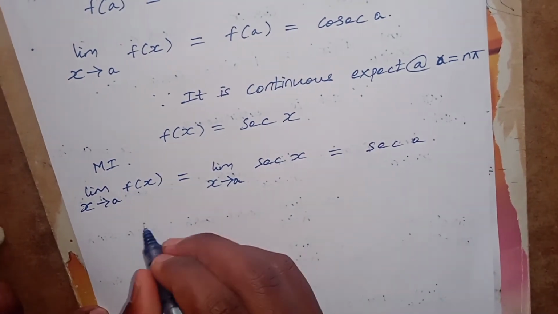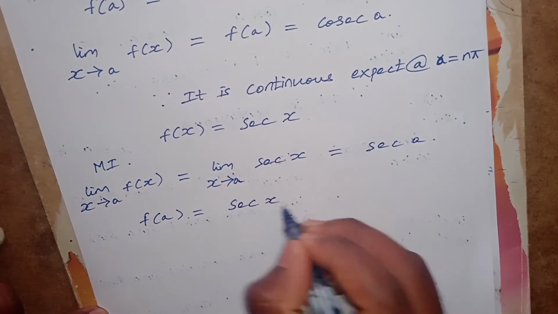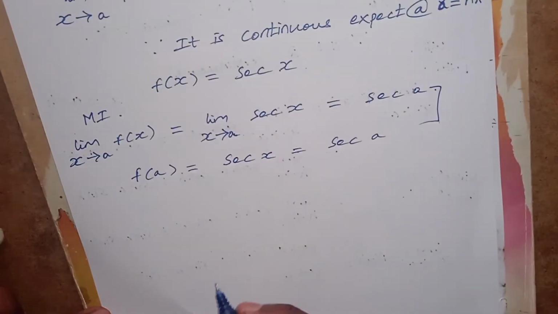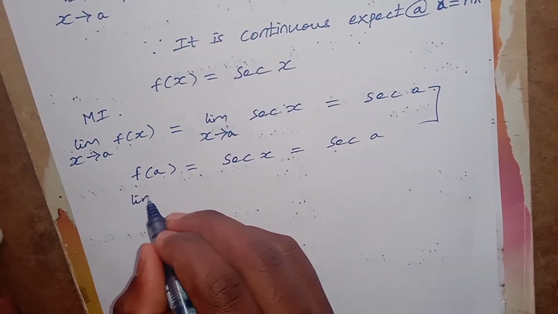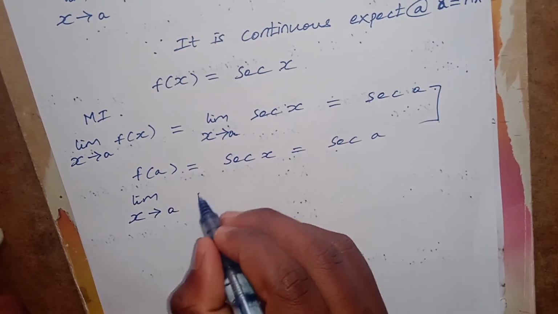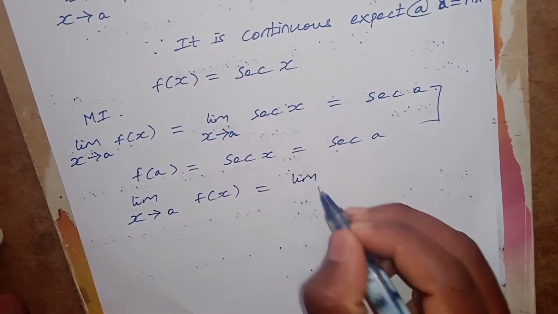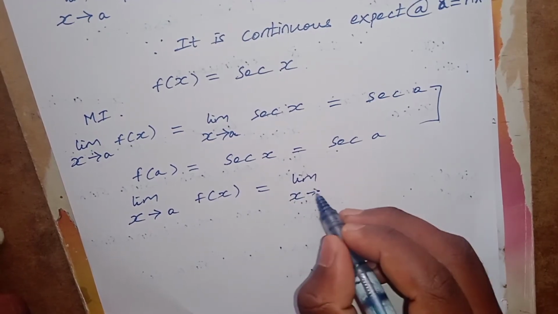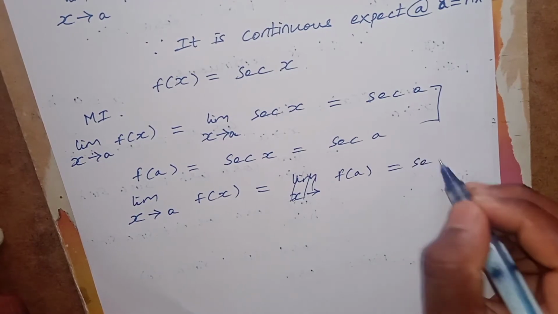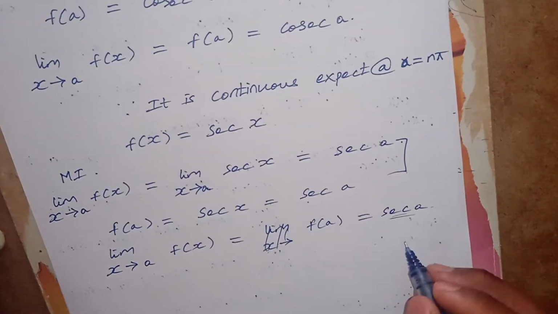Therefore f of a is equal to secant a, therefore here it is equal. Finally you have to write limit x tends to a, f of x is equal to f of a, equal to secant a, therefore here secant is nothing but